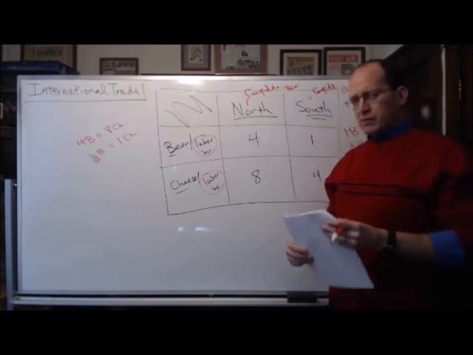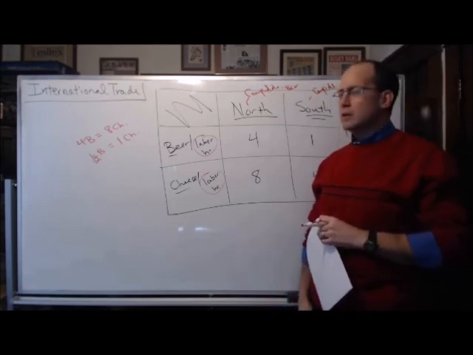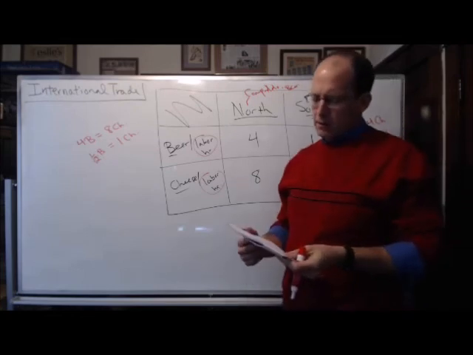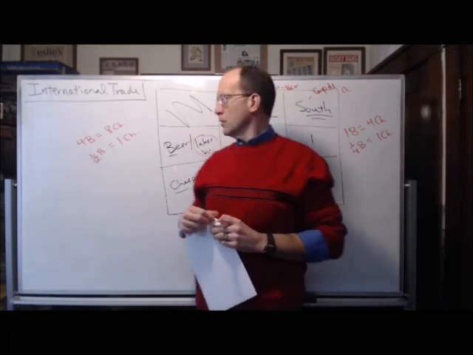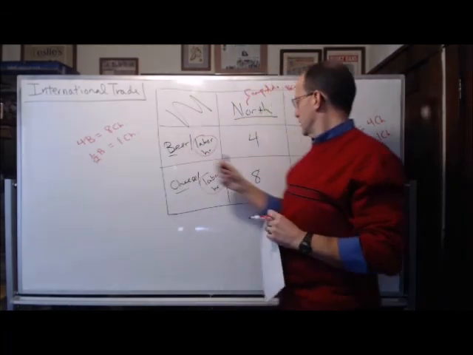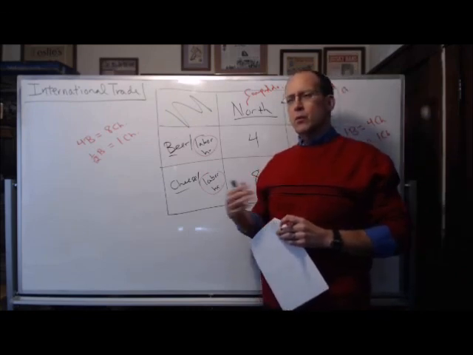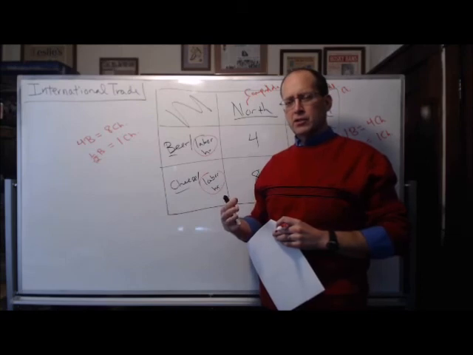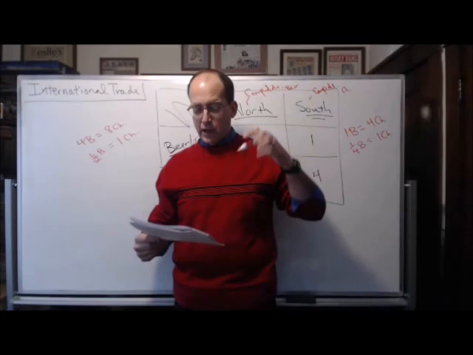So the last topic for this episode, and then we'll have another episode in the rest of this week, but the next topic on the next page is, okay, well, what will the terms of trade actually be? In other words, here's the opportunity cost. We calculated some of those. So the question is, what will the trades actually be? How many beer will have to be traded to get an extra unit of cheese, and vice versa? And that's what we call the terms of trade.